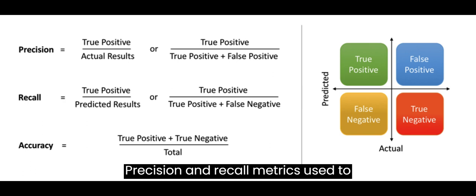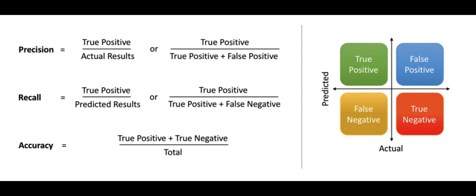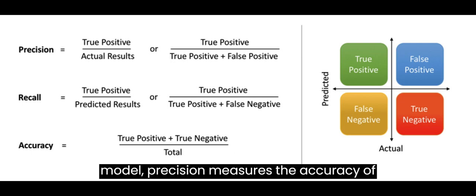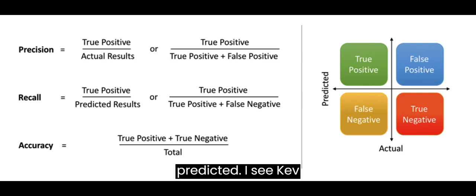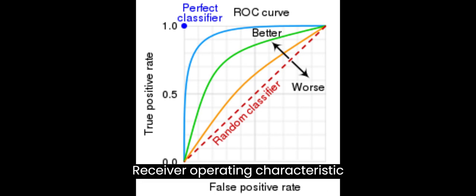Precision and recall, metrics used to evaluate the performance of classification models, particularly in cases with imbalanced classes. Example, in a medical diagnosis model, precision measures the accuracy of positive predictions, and recall measures how many actual positives were correctly predicted. ROC curve, receiver operating characteristic, ROC, curve is a graphical representation of a classification model's performance at